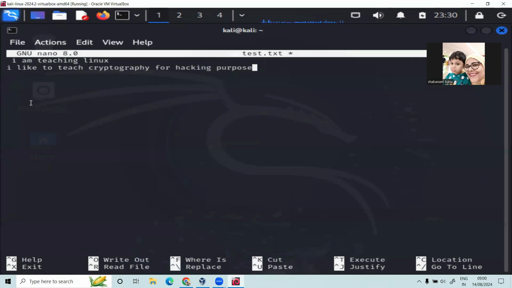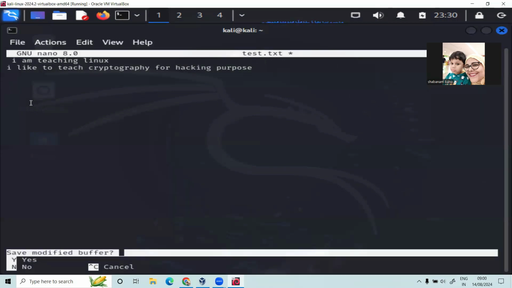Suppose I have finished editing this test.txt file. Now I want to exit, so I will press Ctrl plus X. It is asking, do you want to save the file? I want to save, so I will press yes. Now it is asking whether I want to make a modification to the file name or save as it is.